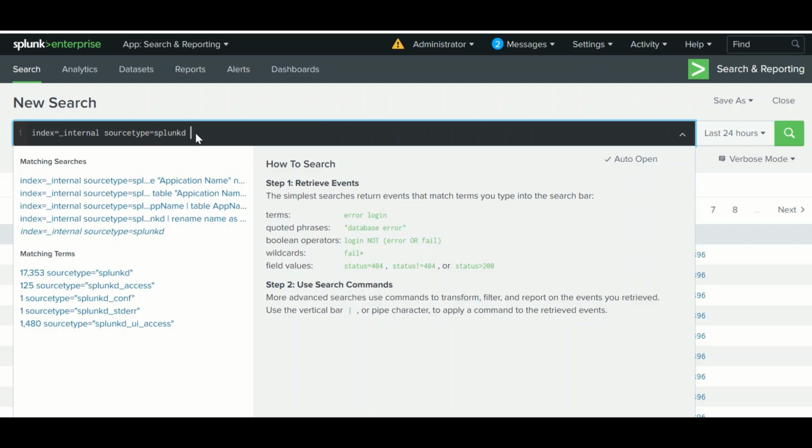If you have created field extraction, that is the more advanced part, and field extraction takes a lot of performance from the indexer and search head both. If it is index-time extraction, it will consume indexer resources.